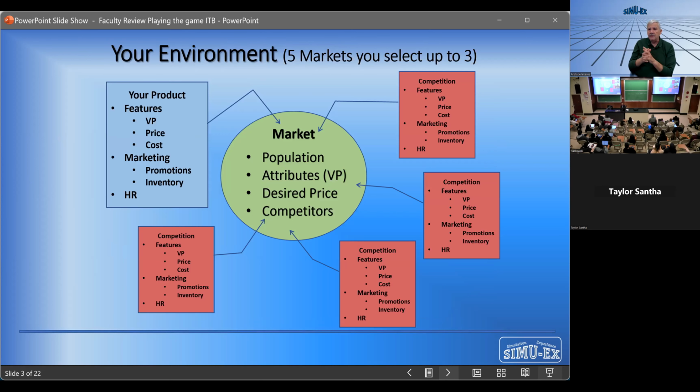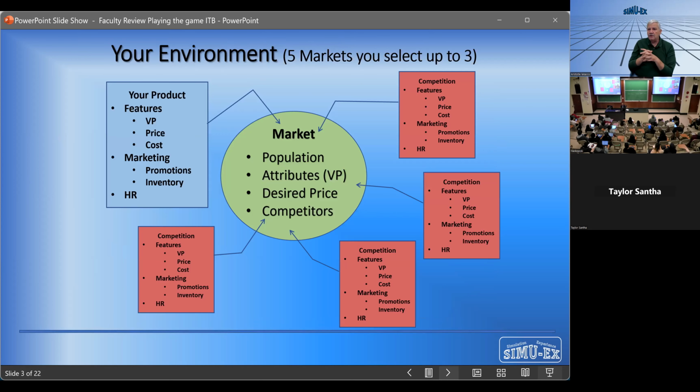Now, our simulation is a very straightforward and very simple concept. We have a market. We have many of them, in fact, 5 of them. Now, what is a market? From your experiences and from the material you will be covering in your class, a market is made up of the number of customers we call a population. Those customers have a need, a desire, a requirement of what it is they're interested in purchasing in that market. This we call the attributes. And how closely our product meets those attributes is what we call the value proposition.